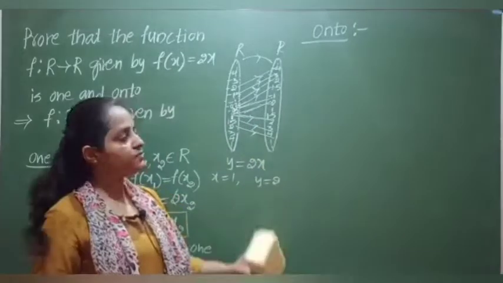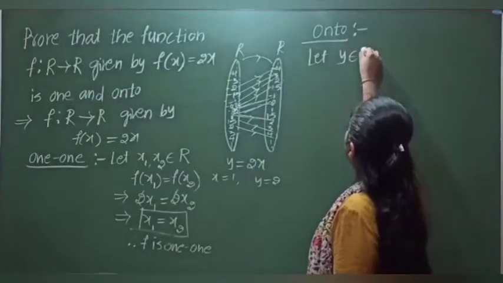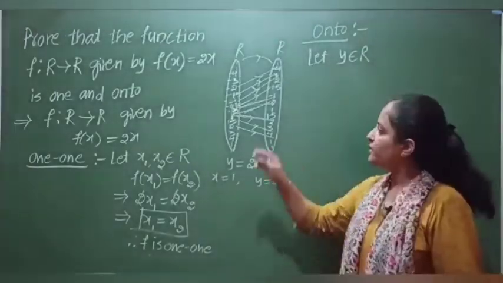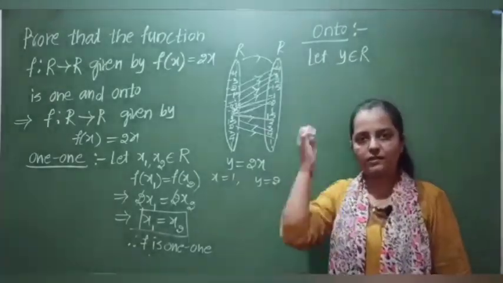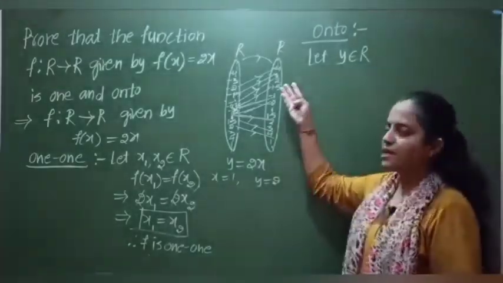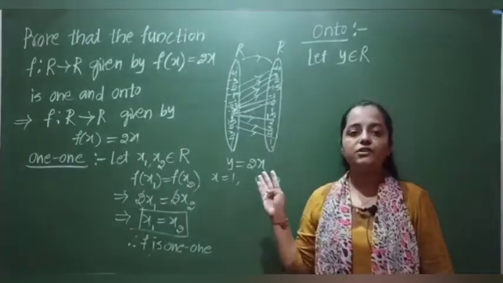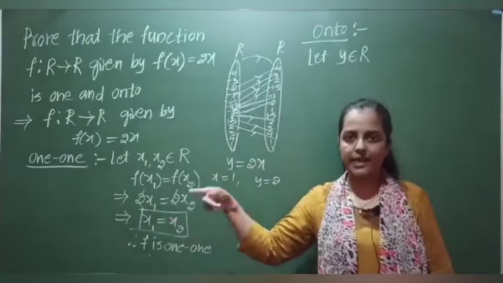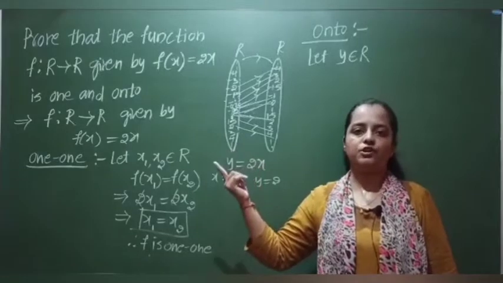So now we'll write this in general. Let y belong to R. Okay, let's consider it generally. Let y belong to R. So if it is true for each and every element, we can take all in general and we'll write this is an onto function. If it is not an onto function, show that for some element here a pre-image does not exist, at that time we can call that function not an onto function, right?